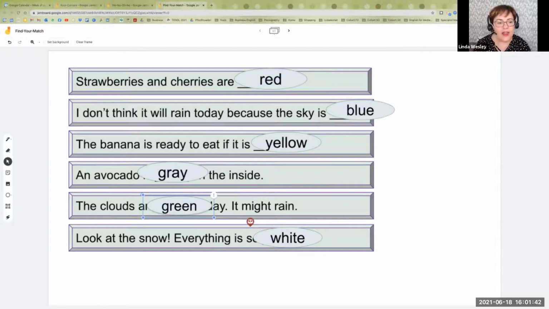So again, if somebody says, the clouds are gray today, it might rain, and they say, because before it rains, the clouds aren't white, the clouds are gray. But then if they put this word here, green, I can understand as the teacher, okay, they saw those first 2 letters, GR, but they didn't look at the rest of the word. All right. So there's so many different things we can do.